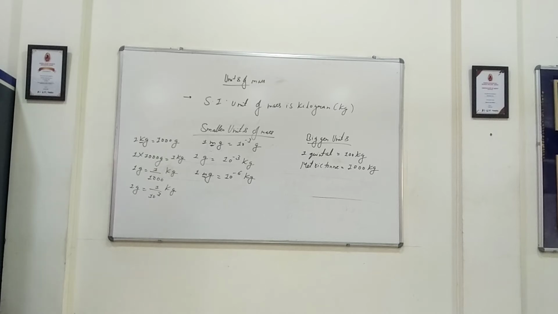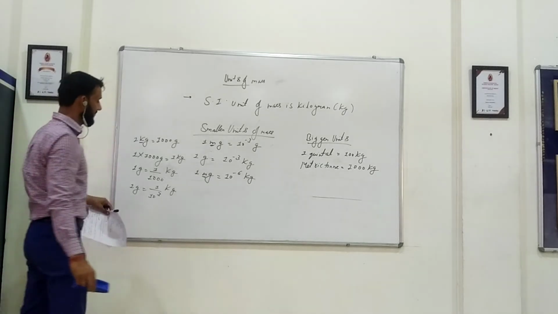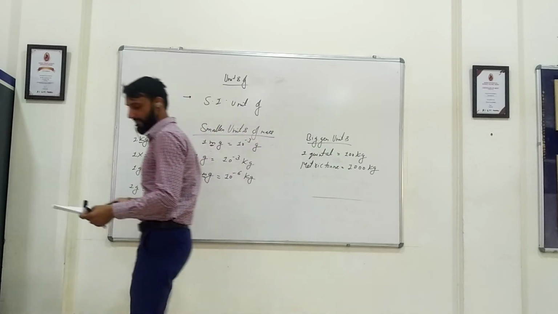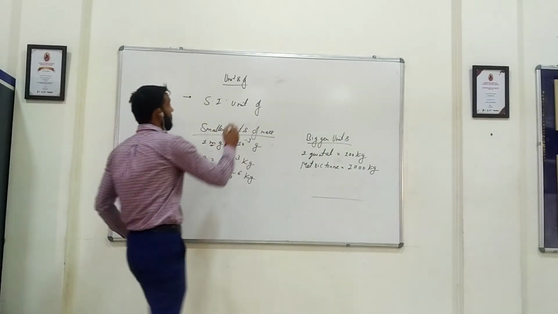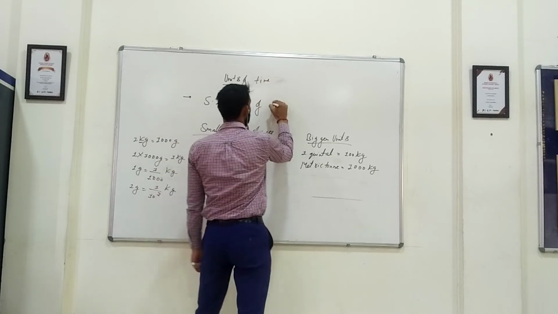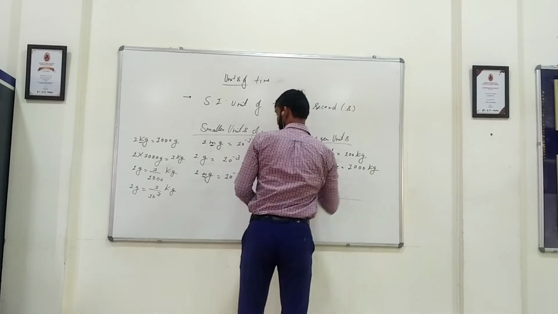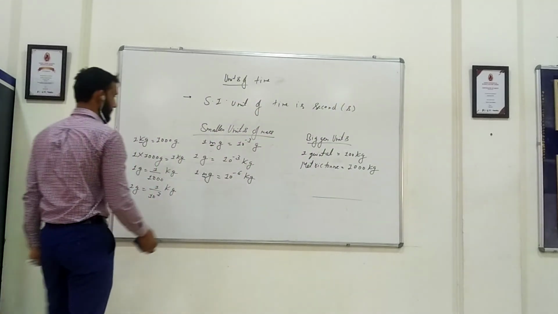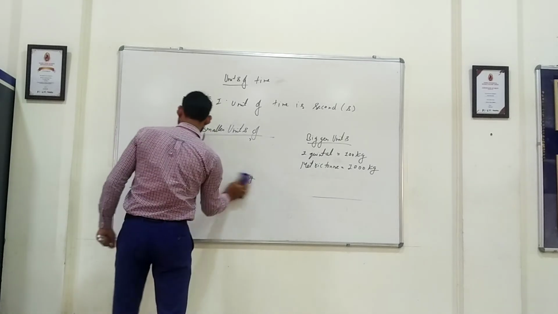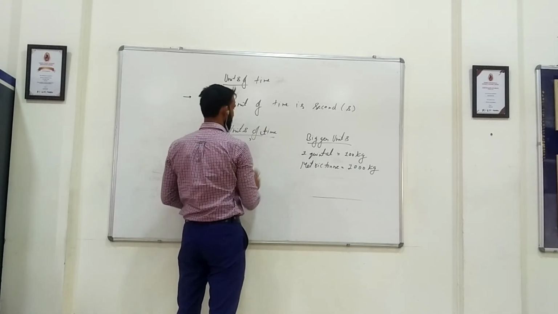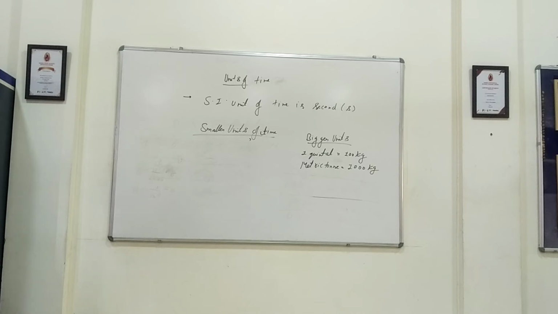Now coming to time. So time, we know that second is there. The SI unit of time is second, and we write it as s. Now the smaller units of time. The bigger units we will deal with later on. So for the smaller units of time, we have